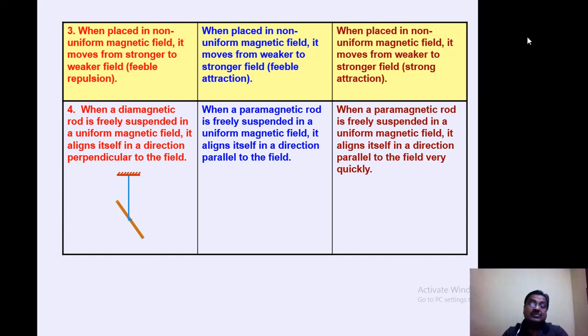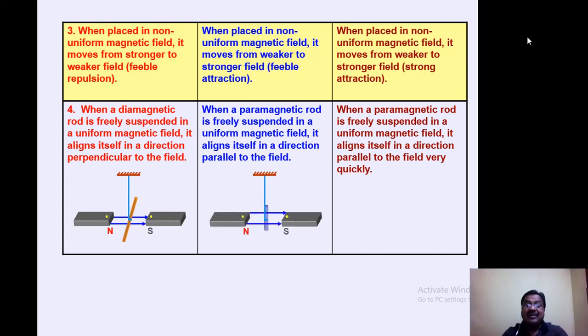So a diamagnetic substance, when freely suspended, comes to rest perpendicular to the field; the reason is repulsion. But it is not the case for paramagnetic substances. A paramagnetic substance aligns itself along the field. You see the rotation of the diamagnetic substance. But a paramagnetic substance, suppose it is freely suspended, it aligns itself along the field; it gets rotated and sets itself along the field. This is clear from figure number 2, the second case.